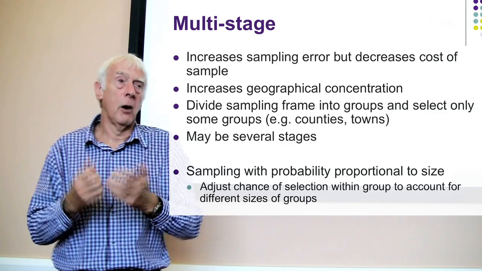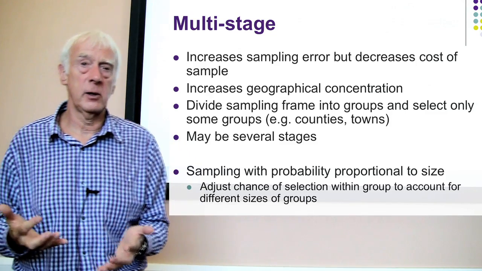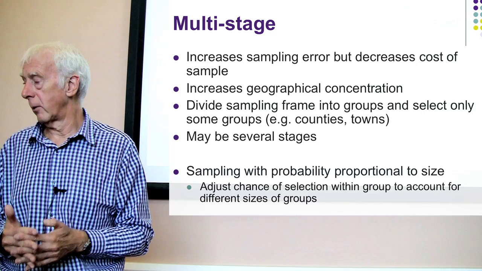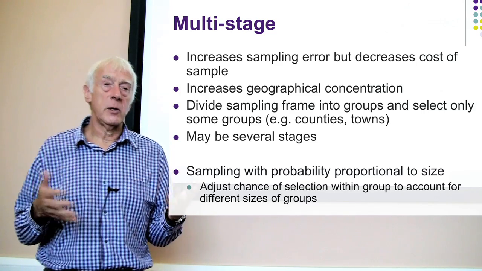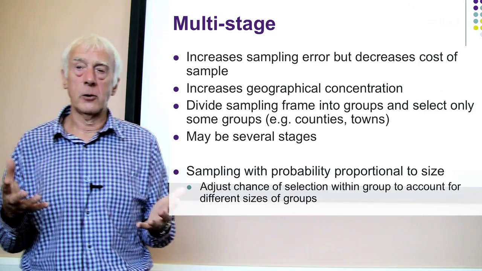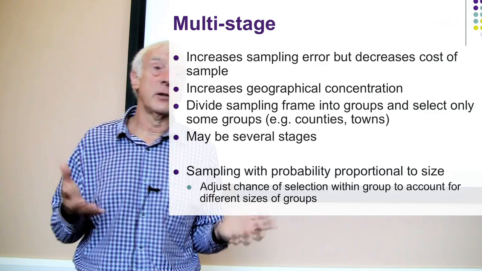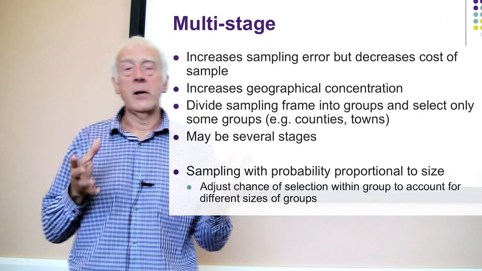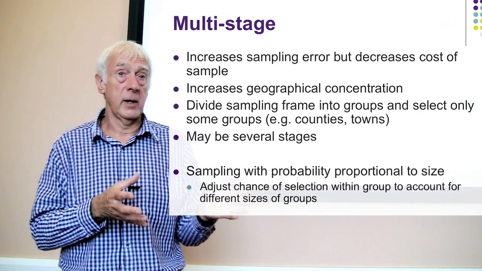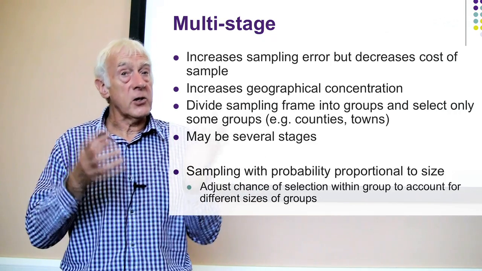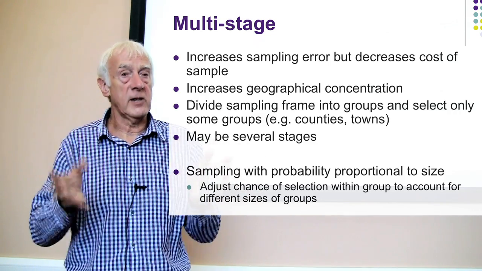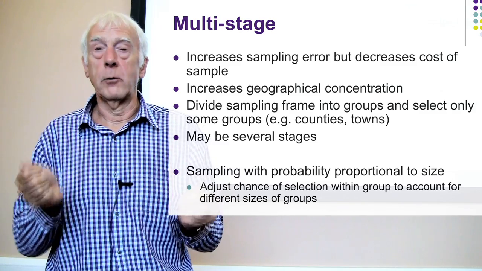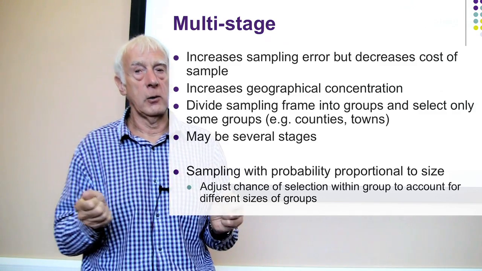It's very useful, and it's often used in large-scale national surveys where face-to-face interviews are involved, which will be done using a multi-stage approach. What you tend to do is divide the sampling frame into large-scale groups. So what have I given here? The counties and towns, the example. So you might say, we're going to do a survey of the whole of Britain. So let's take the counties first, and then we'll just select certain counties. Not all of them, but we'll select some, maybe 2 or 3 from the country. And you'll do that at random, of course, using random numbers. So some counties get chosen.